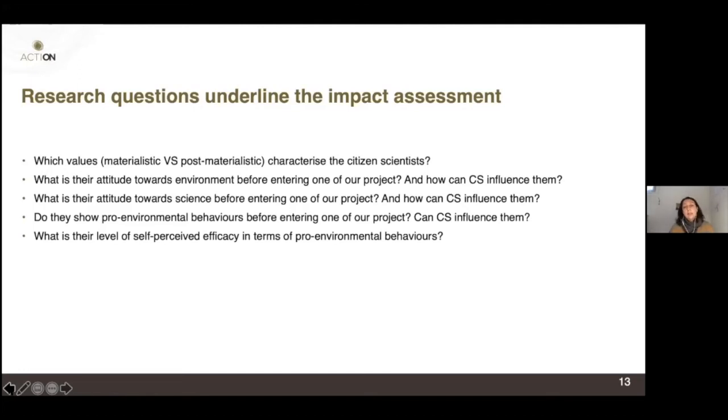And there is an impact on the self-perceived efficacy of participants. What is self-perceived efficacy? It is the belief of one person to be able to make a difference. I worked a lot in schools on bullying, and most of the students, when you ask them what they can do to stop this, say nothing.